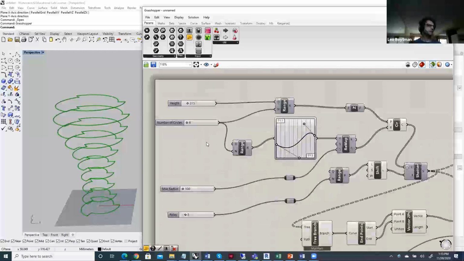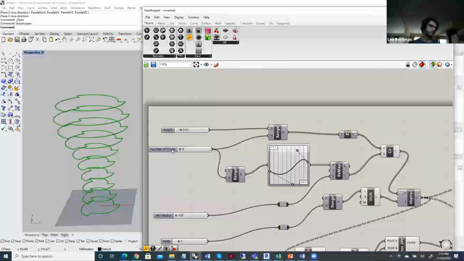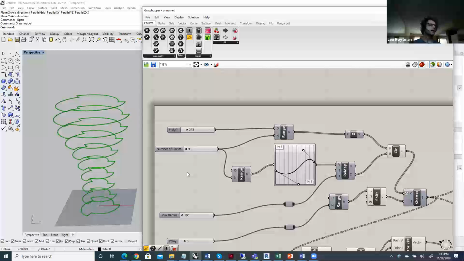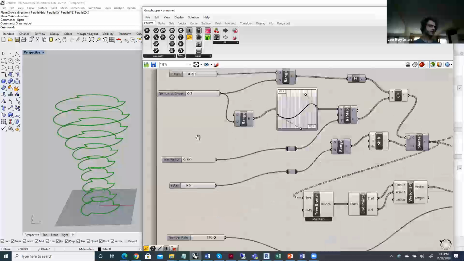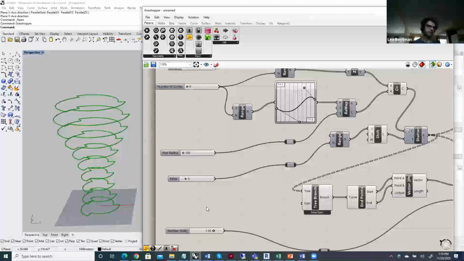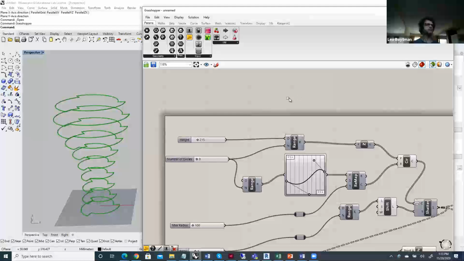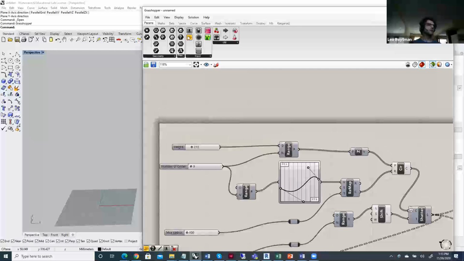Let's start from the left side. Here we have our data sliders, and our data sliders are our parameters for this algorithm. Let's look at what a data slider is for Grasshopper. To look into the data, we use a panel element. So, if we feed